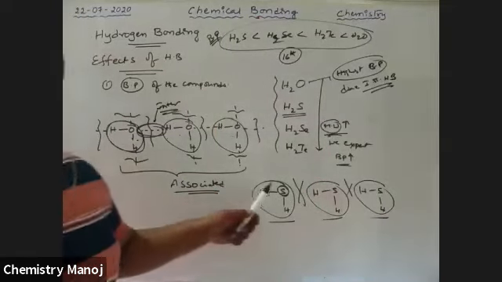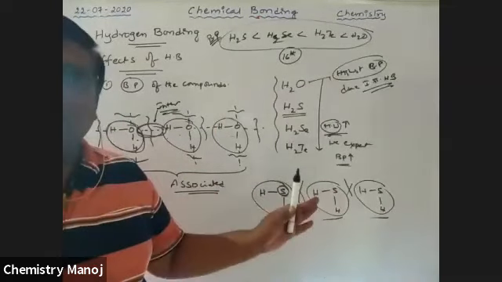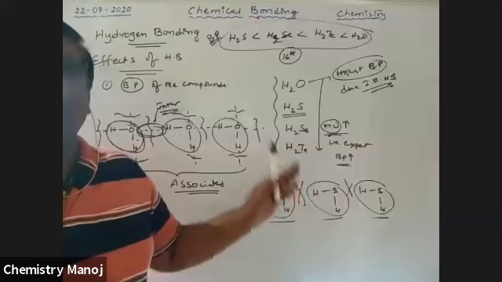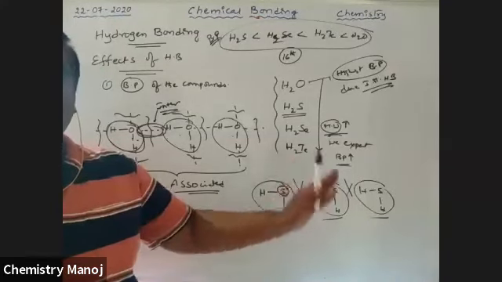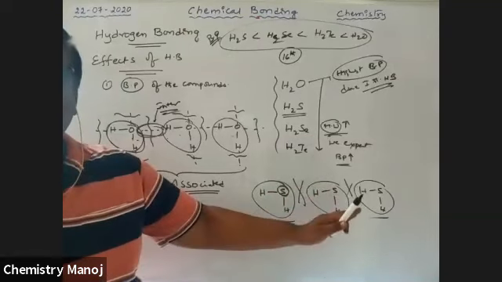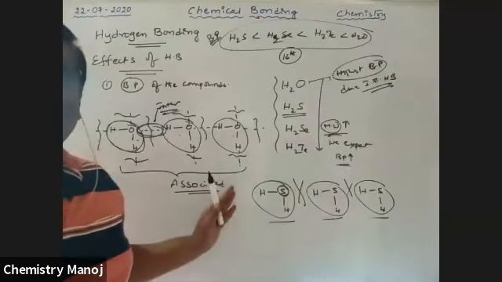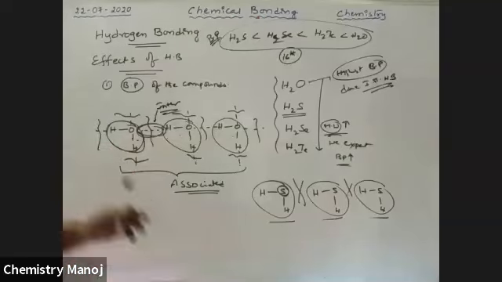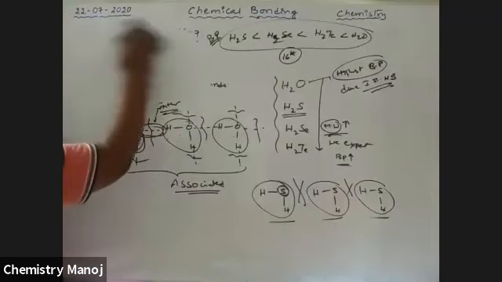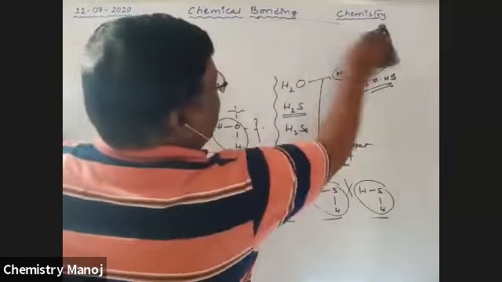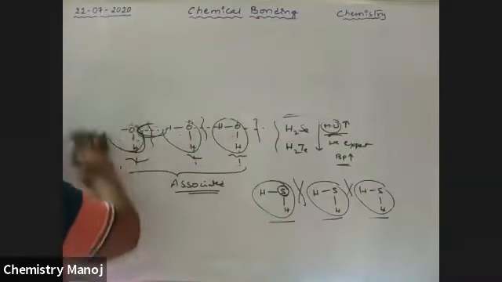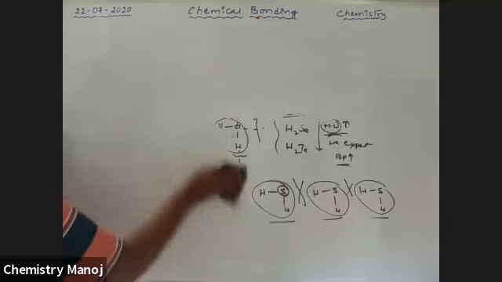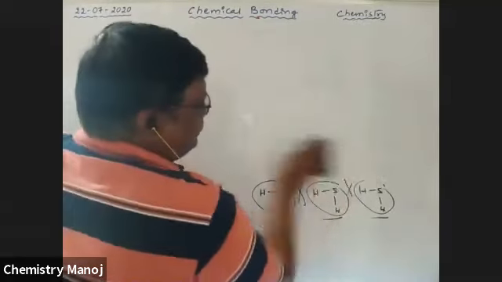Did you catch my point? Water has a higher boiling point because of intermolecular hydrogen bonding. But similar hydrogen bonds are not possible in the case of H2S. Therefore, H2S has a low boiling point and H2O has a higher boiling point. For a similar reason, ammonia is also the same.